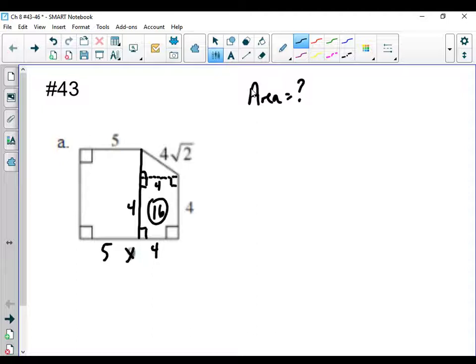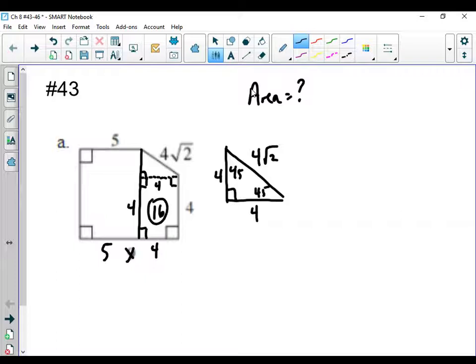In order to find the other 2 areas, we had to find a little bit more information. The nice thing, though, is that triangle that we just created, the right triangle, has a hypotenuse that's 4 square roots of 2, and now I know one of the legs is equal to 4. So if I want to do the long way, I could do Pythagorean theorem and find that third side. Or hopefully we notice that the hypotenuse is 4 square roots of 2, one of the legs is 4, which means this is really a 45, 45, 90 triangle,